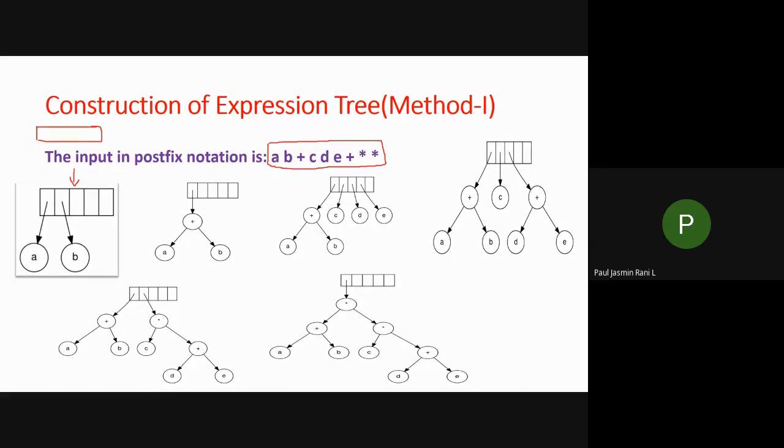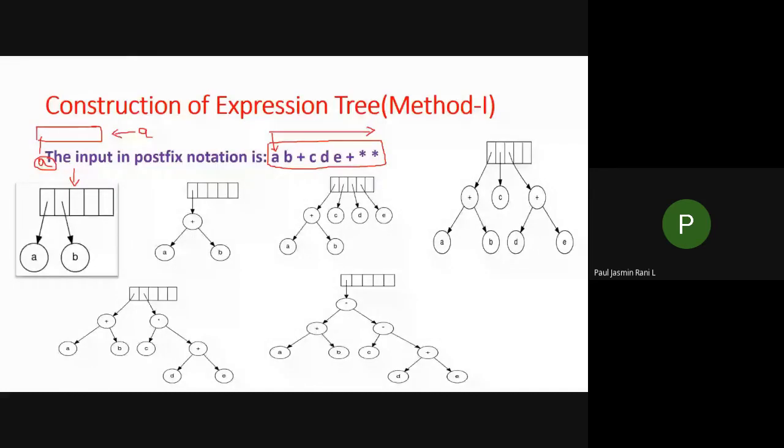From this expression, from left to right, you have to read your symbol in this way, one symbol at a time. So what is your first character in this expression? The first character is A, that is an operand. If it is an operand, then what you have to do is simply push it, that is, you have to create a node and simply push that A inside the stack. So this is your first step.